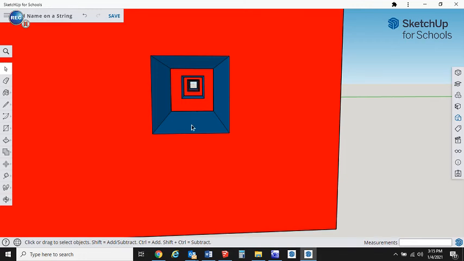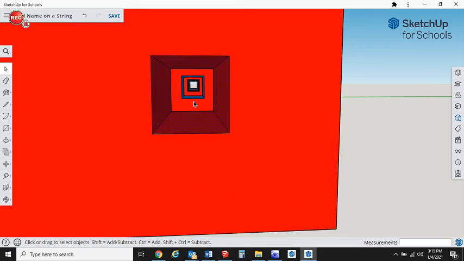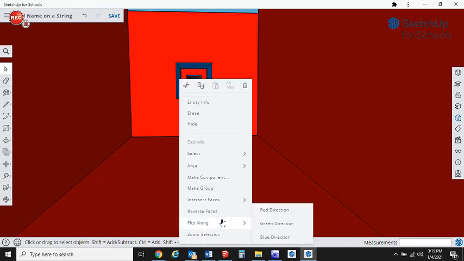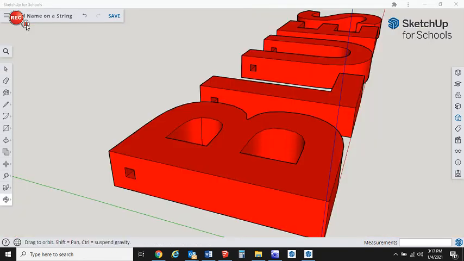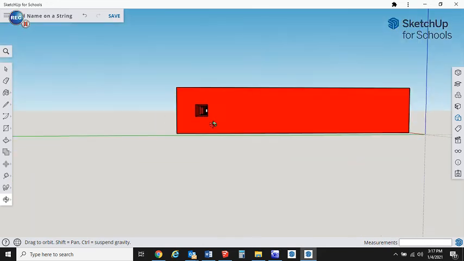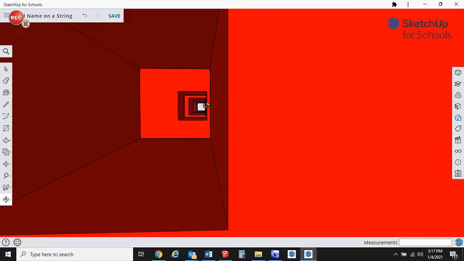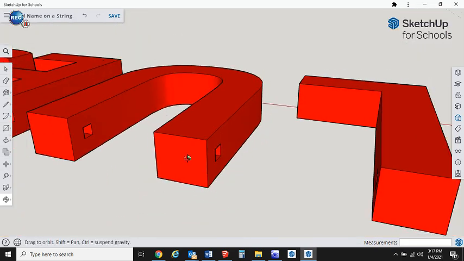Okay, and it can be a little disorienting if you have multiples that you have to go through, but keep in mind wherever you point your mouse, that's where it's going to zoom to. So I'm going to reverse those faces. And we're just going to go through and do that on all of these. Okay, so once you've reversed the faces of them all, just go back through, make sure that there are none of the inside color left, and it looks like mine's all good,